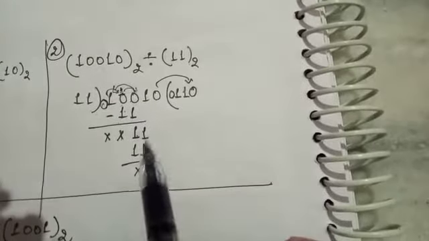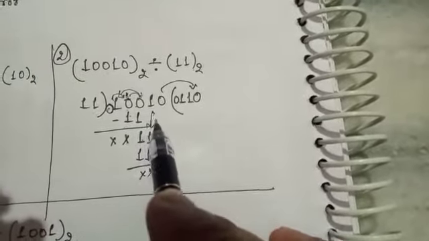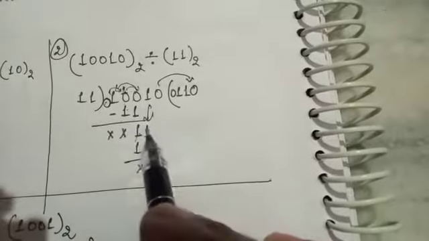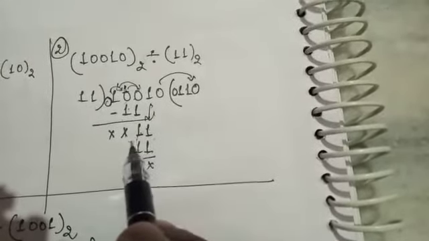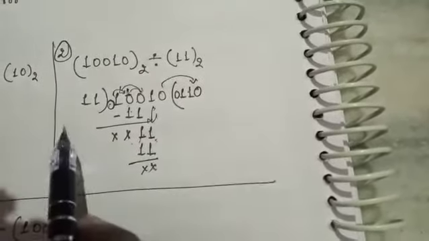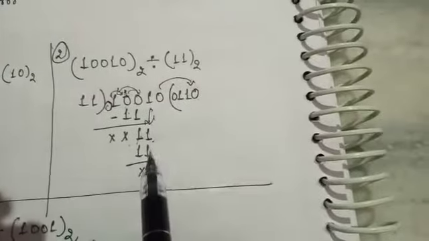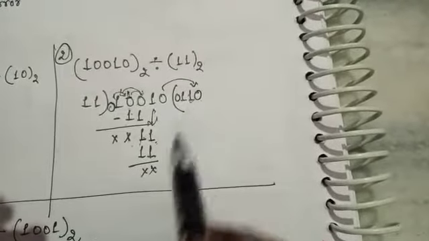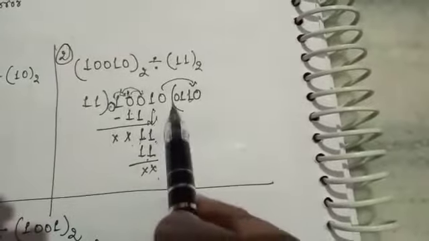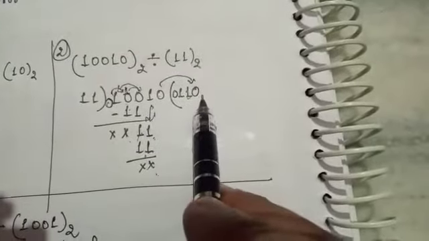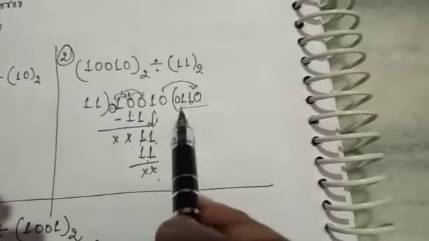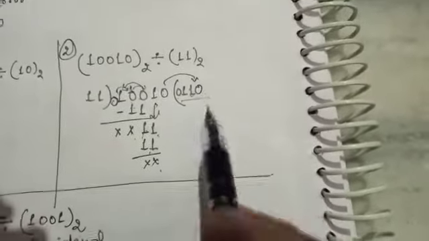Again student, we obtain the next digit. The remainder is 1 here and we obtain the next digit. The next value is 11. We perform the division operation. 11 divided by 11, how many times? Once. Okay, it is performed. According to mathematics, the 0 is part of the quotient. So the output is 0110.